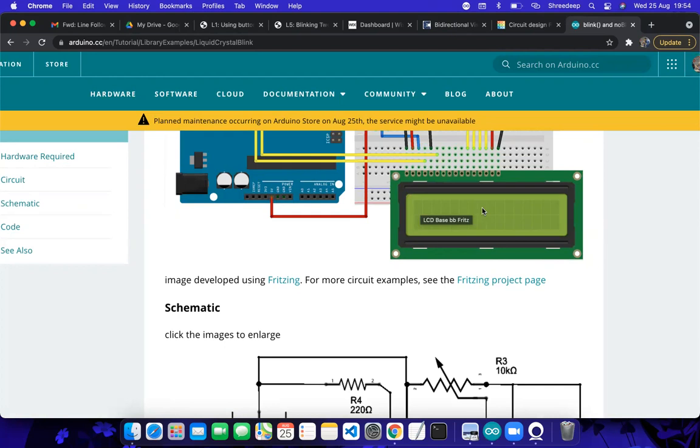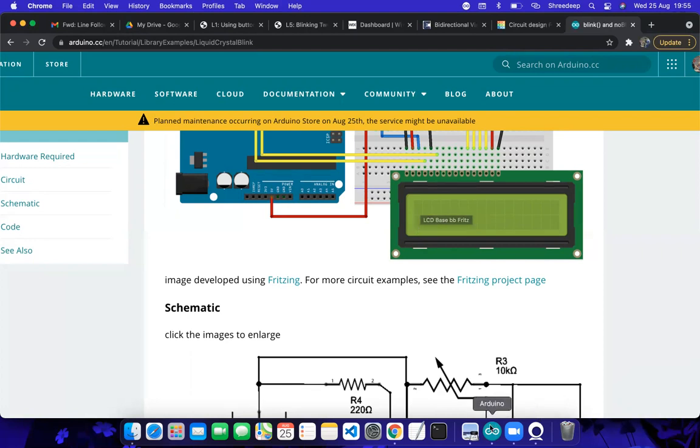It's actually 8th, or you can say 7, because it starts with 0: 0, 1, 2, 3, 4, 5, 6, 7. But it should be 7, 0. The column comes first, then the row. Not row first, columns come first. So 0, 0 means 0th column, 0th row. 7, 0 means 0th row, 7th column. And if you move over here, it is basically 0, 1. That is 0th column, first row.